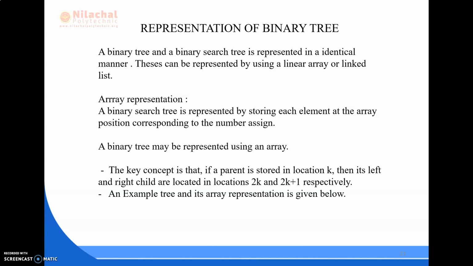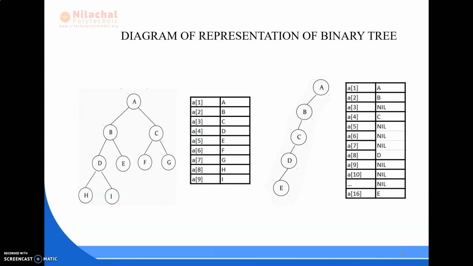A key concept is that if the parent is stored at the kth location, then the left child will be stored at the 2kth location and the right child will be stored at the 2k plus 1 location respectively. An example of a tree and its array representation is shown here.